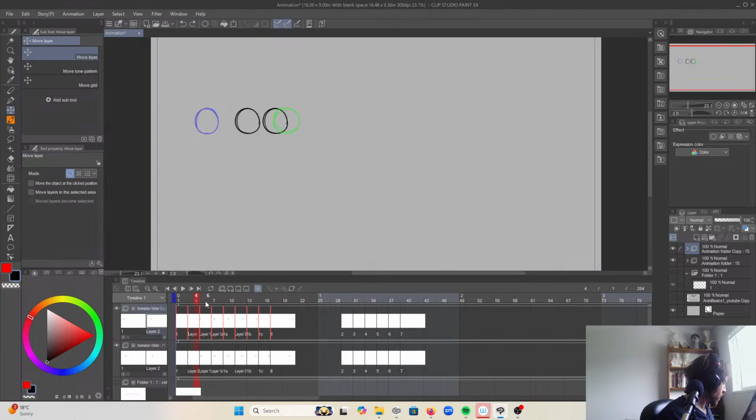Sometimes this works. Clip Studio Paint is weird. There we go. So same timing, different spacing. I'm going to keep this same timing, but this time I'm going to add what's called slow in and slow